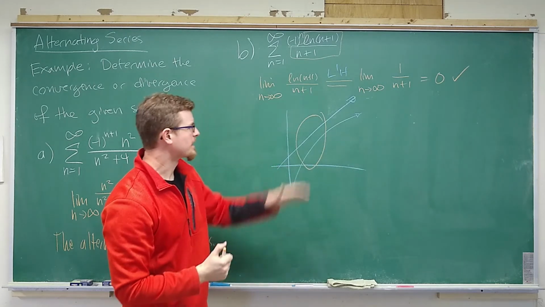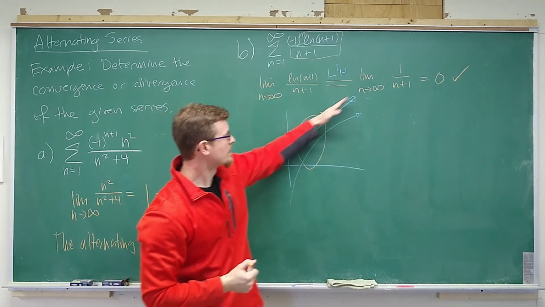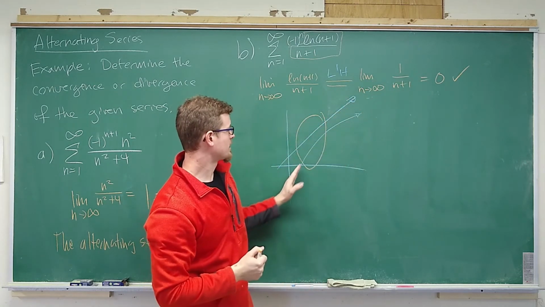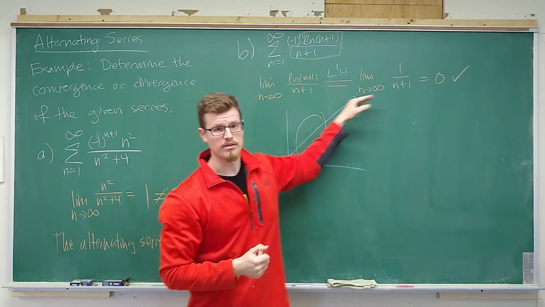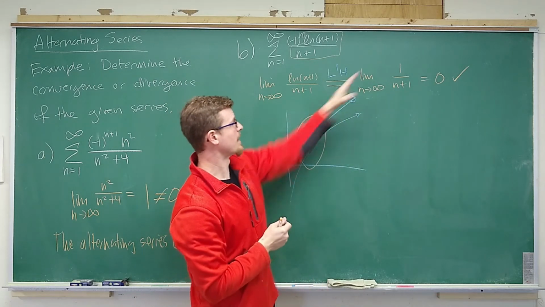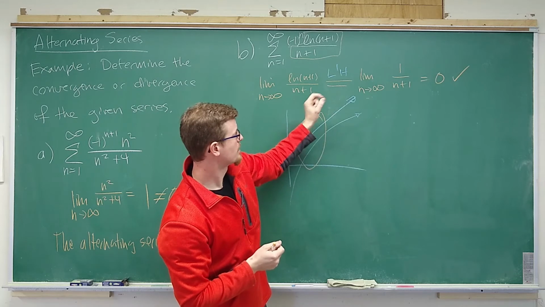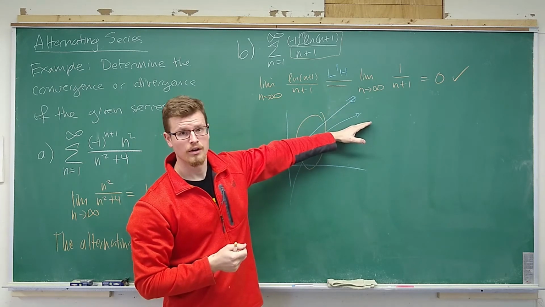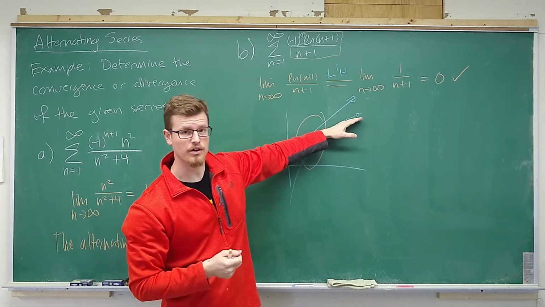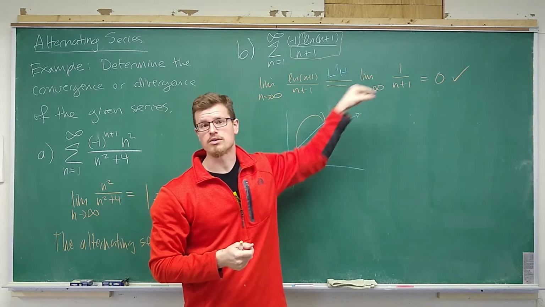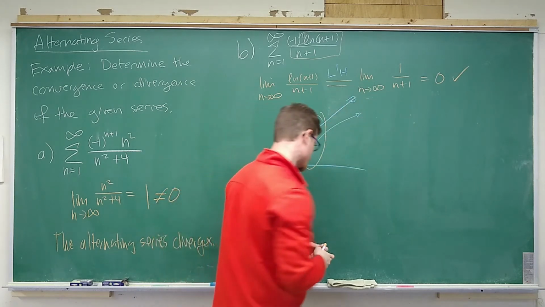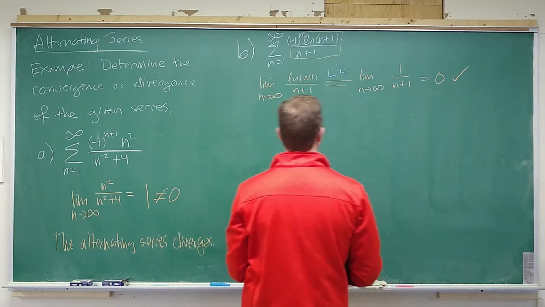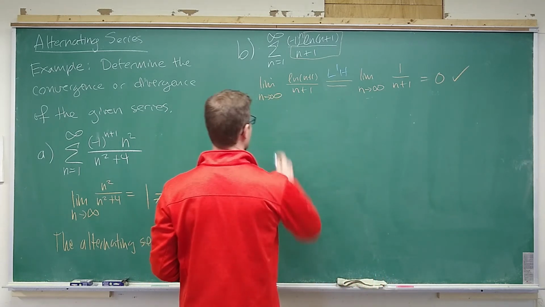The main focus is that the linear function continues to go upwards at a constant slope, and the natural log function, the slope eventually goes towards 0, so the numerator is continuing to get larger at a faster rate than the natural log function, so we can be confident that the terms are going to continue decreasing in absolute value. So that would be sufficient, but we could also consider